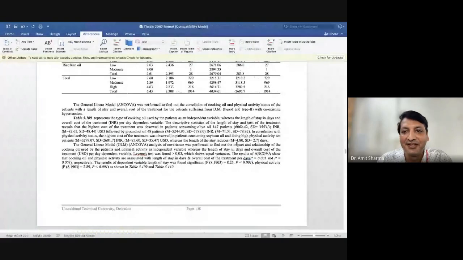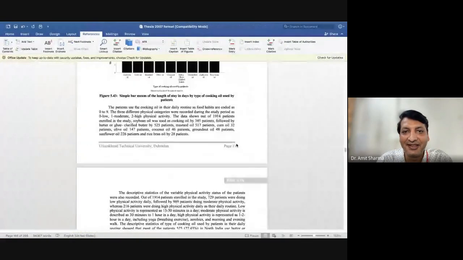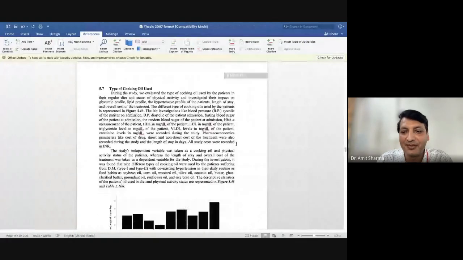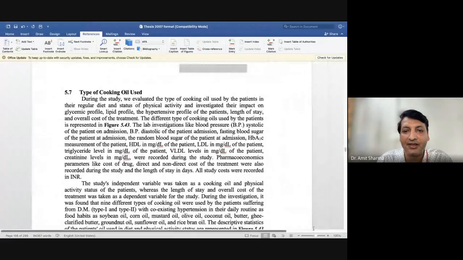So what I was saying is that we have to discuss the models. There is no need to add the data of your whole thesis in a single research paper. We have to find out how many models we have in a project.